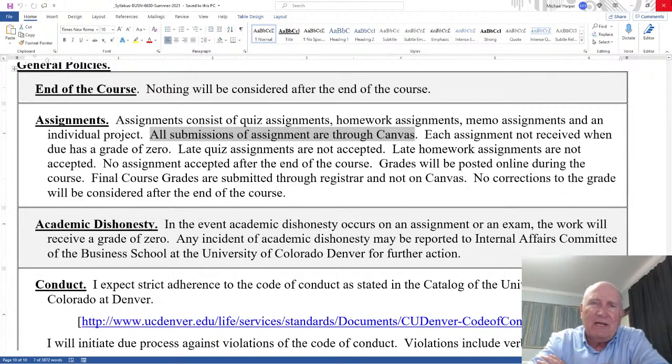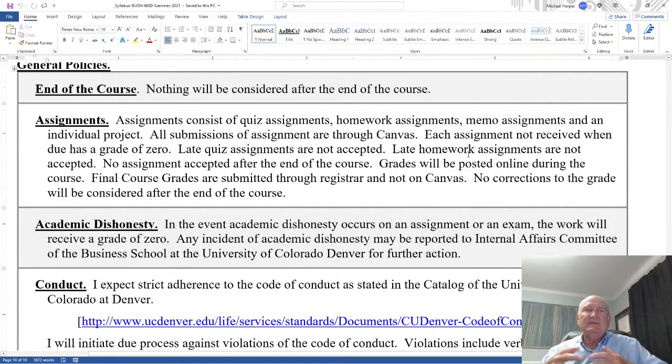I don't put that in the syllabus, but I'll accept it. I won't ignore it. But again, through email, it's very risky. Sometimes I don't get it. And so make sure you get it to me. If somehow you can't get it to me through Canvas, get it to me